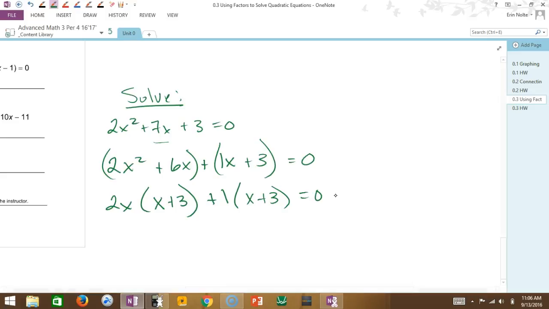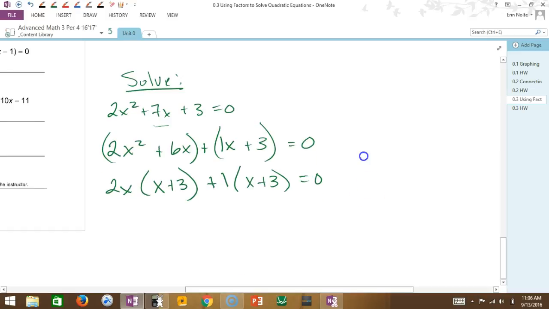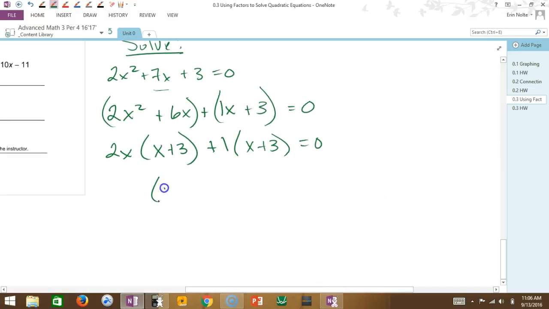Exactly. Okay, and if they're not the same, then I have to go, oh, shucks, I screwed this up. Let me start this over. But I don't have to this time. So one of my quantities is x plus 3. What's my other quantity? 2x plus 1. Awesome. Factored. Nailed it. Solve. Okay, so now x is equal to